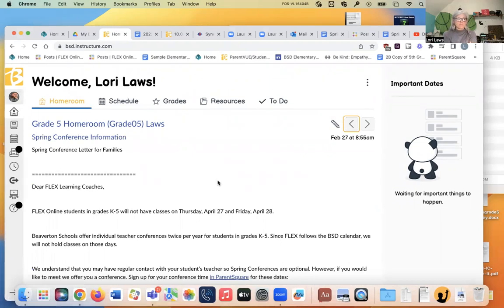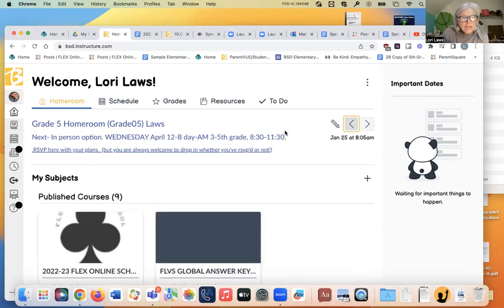We pushed really hard for everybody to come to the conferences in the fall because we hadn't met with you yet and we wanted to get to know your families and you and make sure we got a good start. At this point, I'm in touch with you guys a lot. When there are problems, I usually contact your family right away. But if you want to come and celebrate all your hard work with your family, you are welcome to come for a conference, but you don't have to. So it has information on how to sign up for those. And then on the next page, there's the next in-person event and the RSVP on that page.